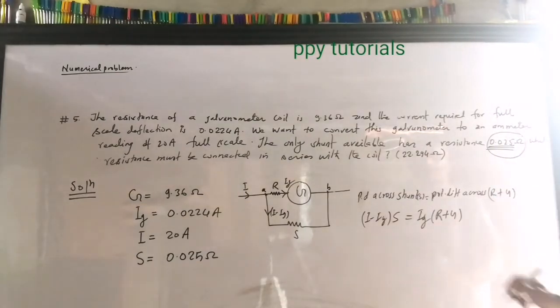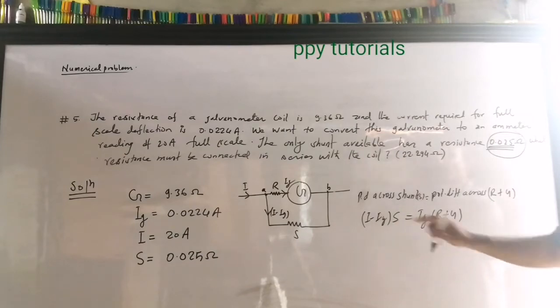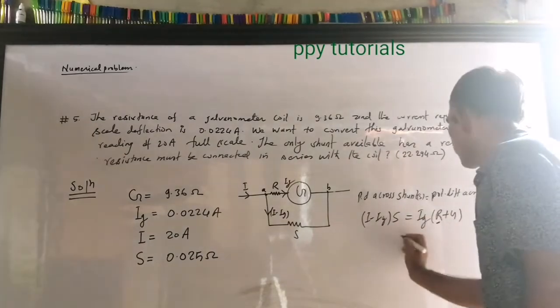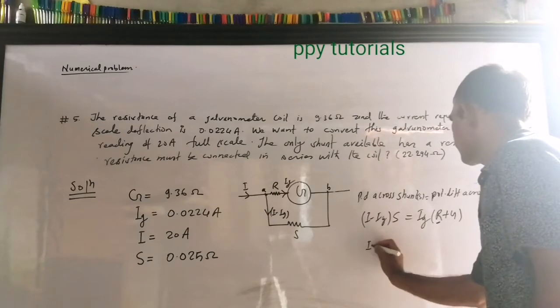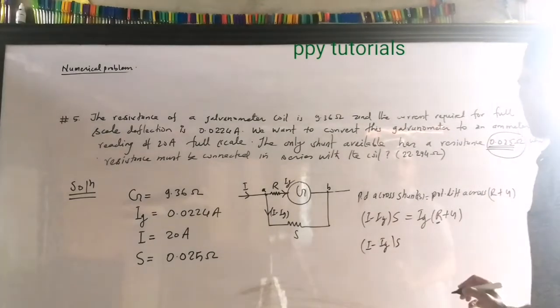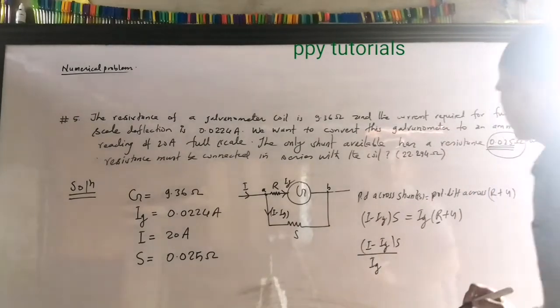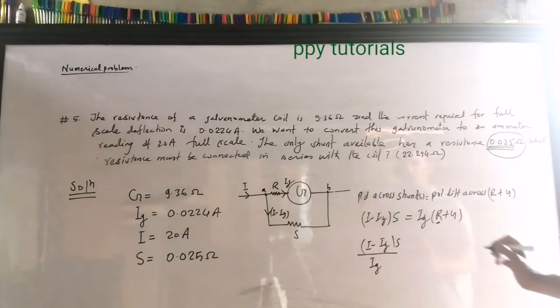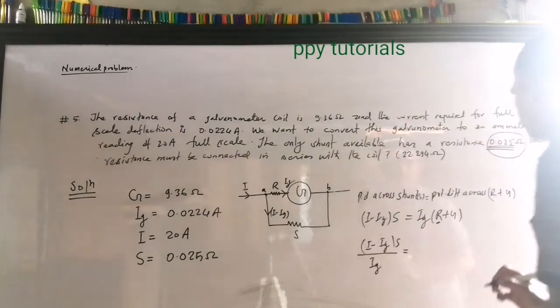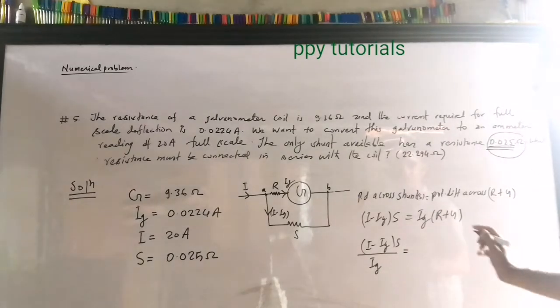So now we have to find the value of this resistance. We are not going to find the shunt because this is given. Okay, and can you solve this? Of course you can solve. You are a 12th class student and you are a genius. Believe it. I can prove that you are a genius, otherwise you would not watch this video up to here, with so many problems you would get. And you are a genius, so you are reaching up to here.